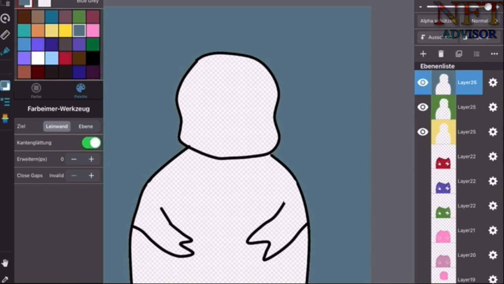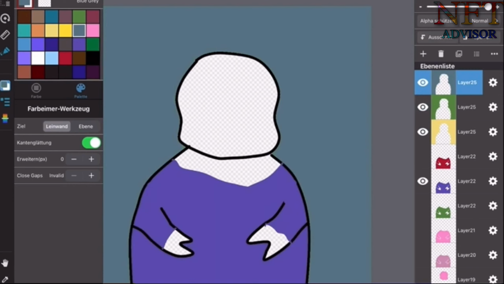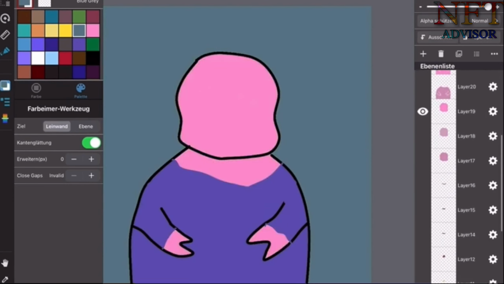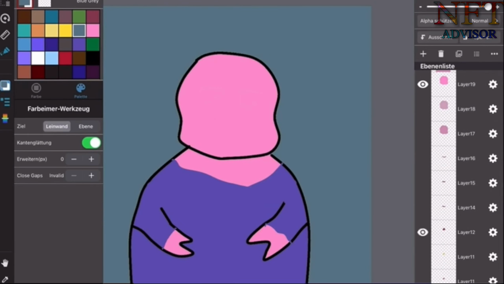As you can see, I'm done with creating all the details now, and I think it turned out fine. And yeah, let's just look at what I've done. So as you can see up here, we have the background right now, and now I can just plug these different things on, like this t-shirt, this skin color, and as you can see, all those different colors and